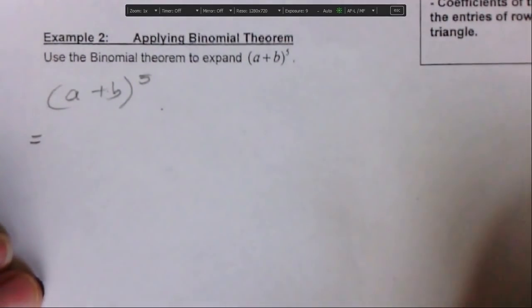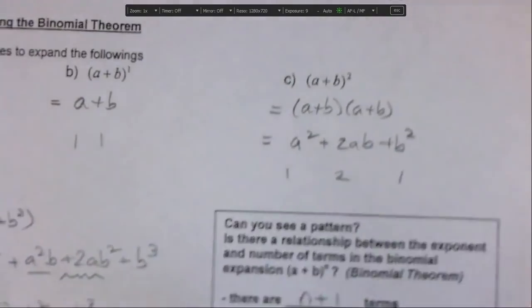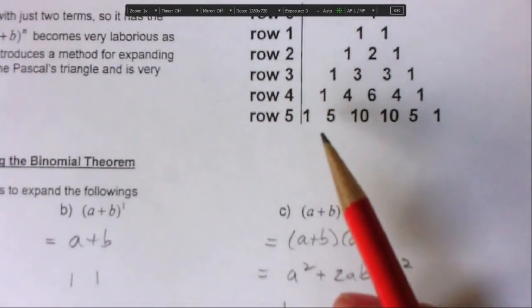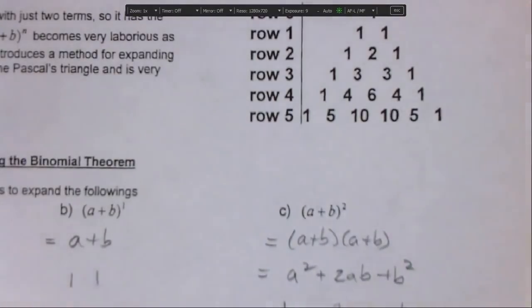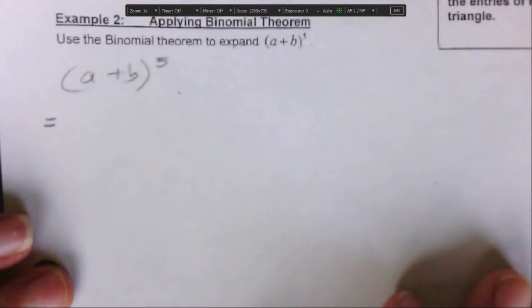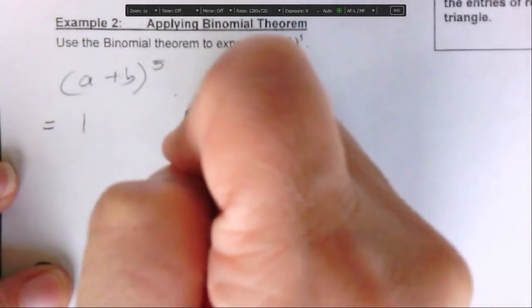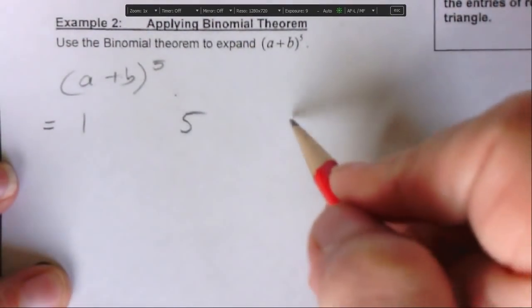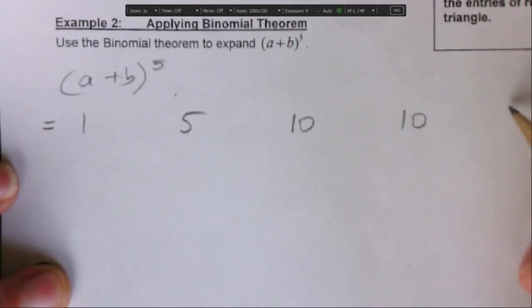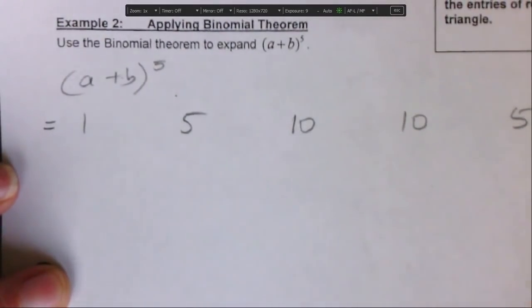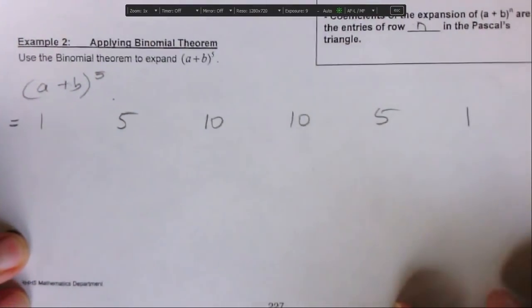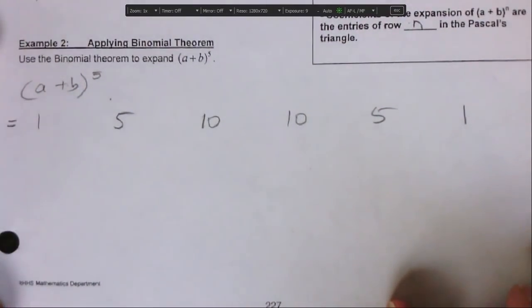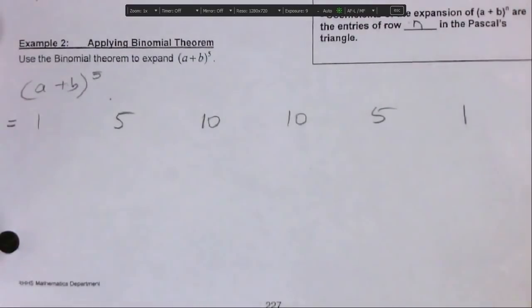We write out the terms of row 5 of Pascal's triangle. So row 5 is 1, 5, 10, 10, 5, 1. There's going to be 6 terms. So watch what I do. I'm going to go 1, and I'm going to leave giant spaces. 1, 5, 10, 10, 5, 1. Okay, now I wrote it all big and spread out for a reason,